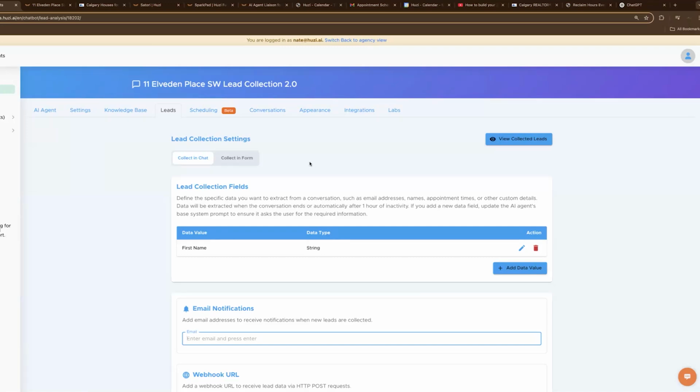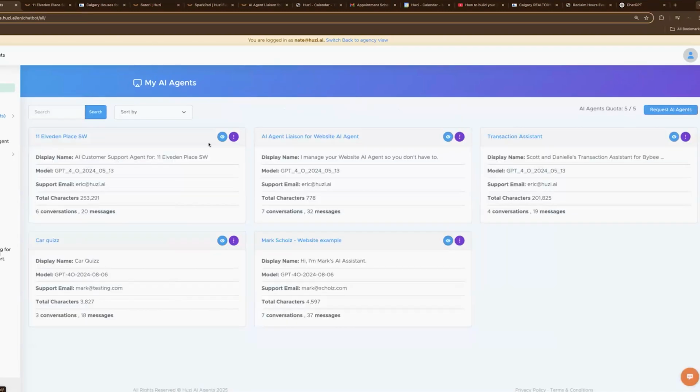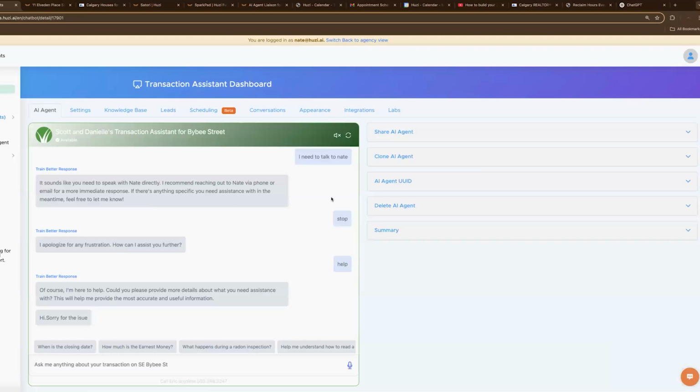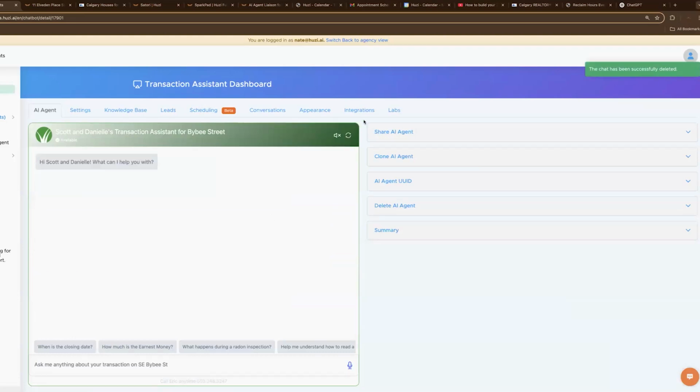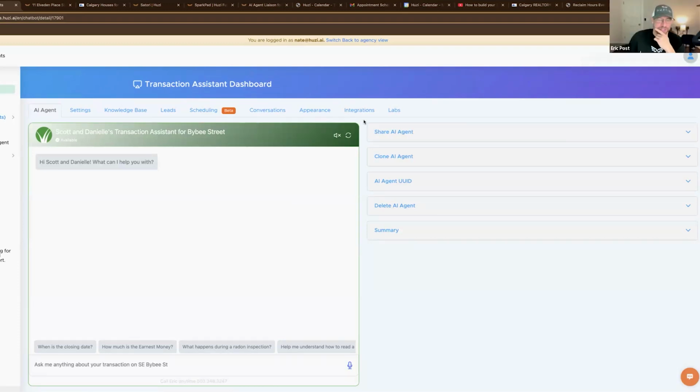So then when they ask, when is my closing date, in the middle of the night or something like that, or what's my earnest money and which escrow company does that go to, then they have to put in their name first, because you don't want somebody stumbling upon their transaction details. So I think that's probably a good way of doing it too. Just have them put in their name, and that would be kind of like their password or something like that. Yeah, you could definitely do something like that.